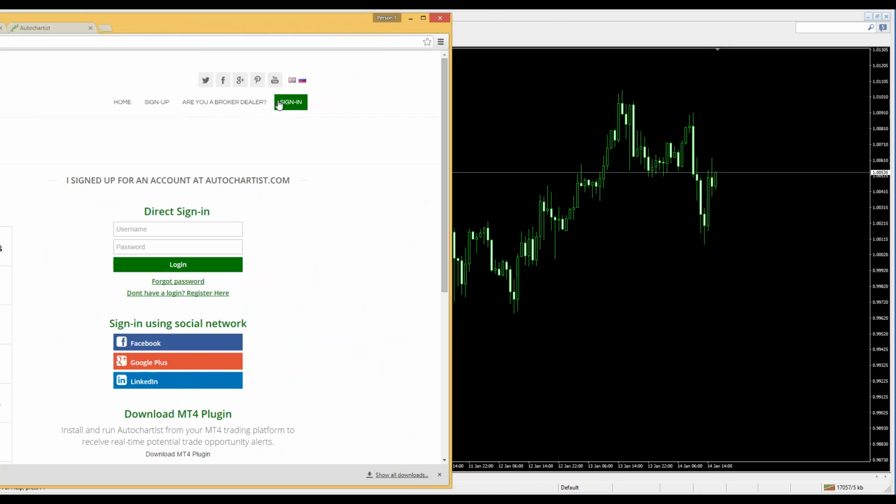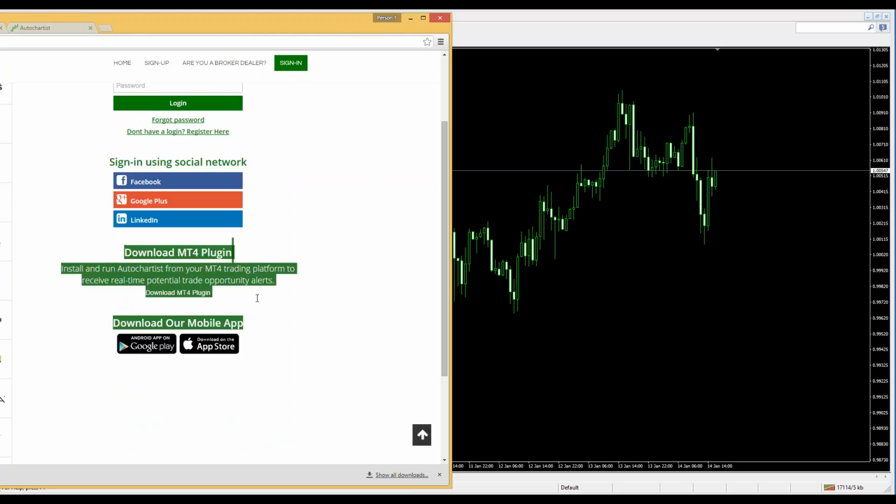It says Home, Sign Up, or your broker dealer. So you click on Sign In, and you'll come to this page. And to the left over here, which I'm not showing because I'm not allowed to show this, that's where all our other brokers are. So you'll find your broker logo there, you just click on that broker logo, and your MT4 plugin will automatically download. Otherwise, you can come here,